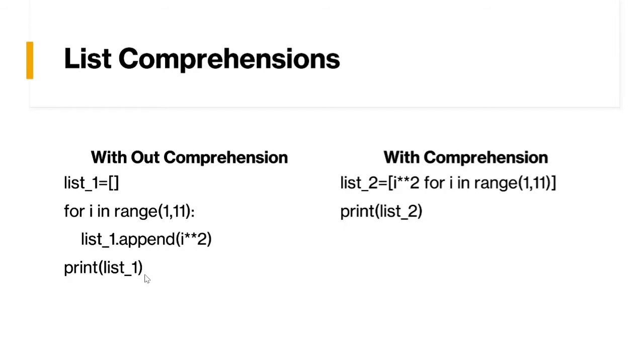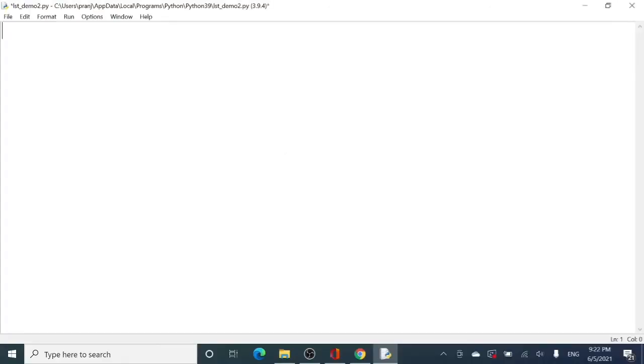So rather than studying this topic on slides, let us quickly move to the Python screen and see what comprehension really is and how it can make your code concise and readable. So let's move to the Python screen. What we are going to do here is create a list of squares.